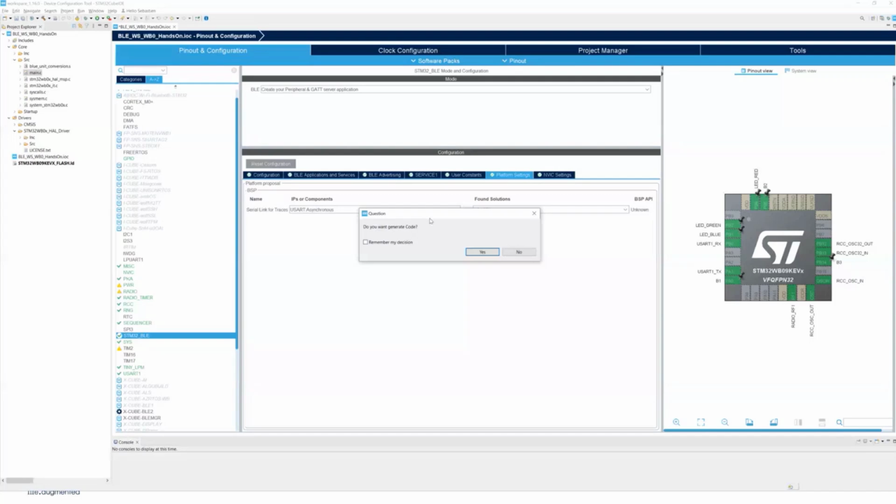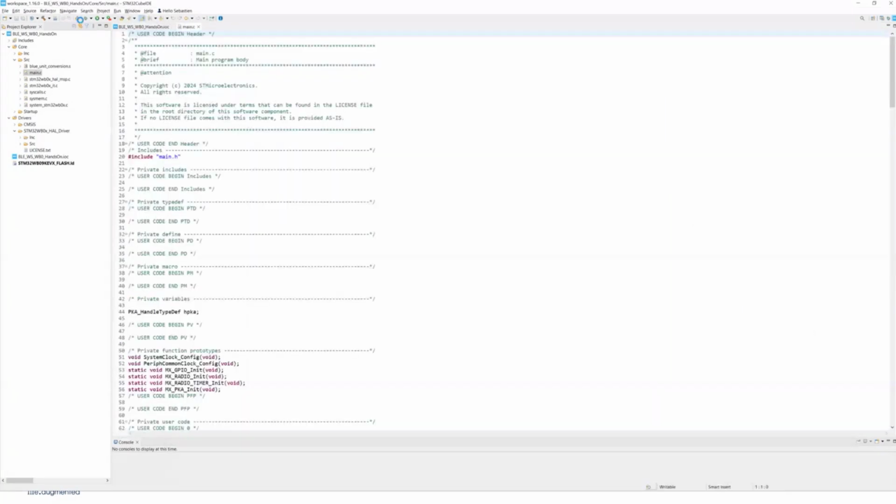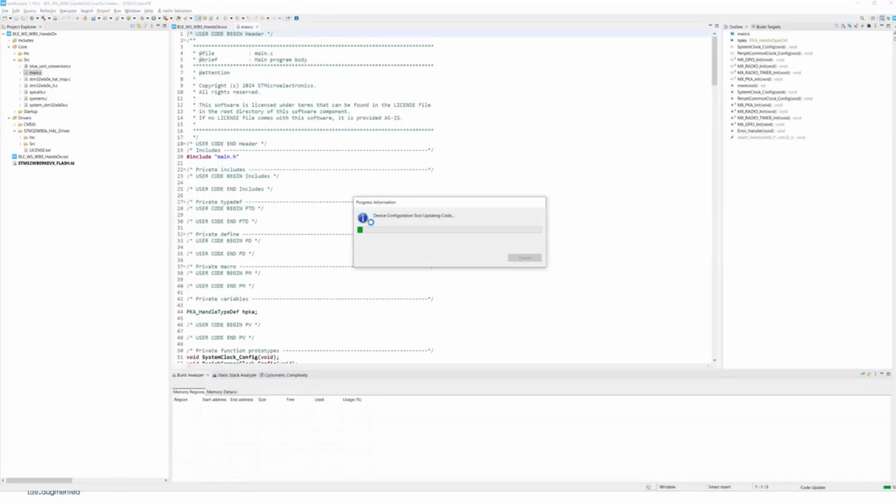And here, when saving this graphical project file, it asks me to generate the associated code. Click on yes. Of course, there is also a specific icon to generate the code if you click on this wheel. So code is under generation. If it's the first time you are generating the code for a project WB0, most probably the Cube IDE will connect automatically to a server to download the Cube firmware package. It may take longer.